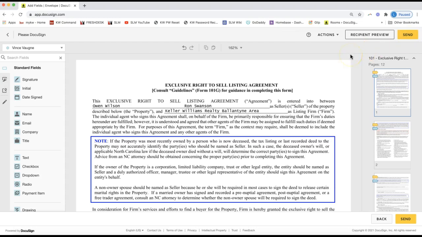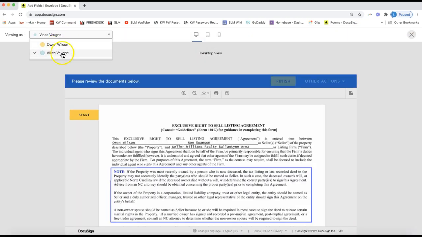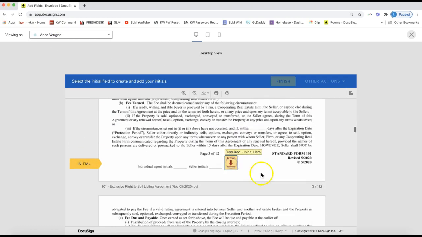And just as an extra safety precaution, you guys can always click recipient preview on the top right. I usually do myself so that I can make sure I set it up properly. If you click on recipient preview, you'll be able to see how each one of your clients is able to view it. So when they go to view it and click to sign it, you can see exactly that you set it up correctly. So now if I X out of this on the top right,